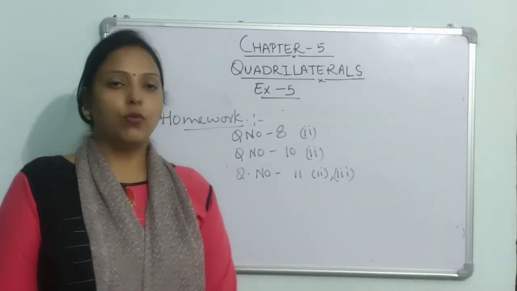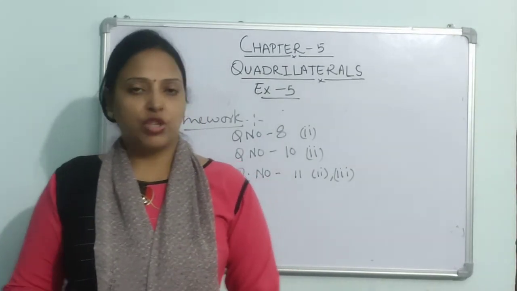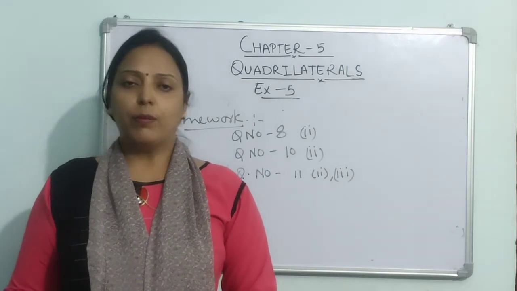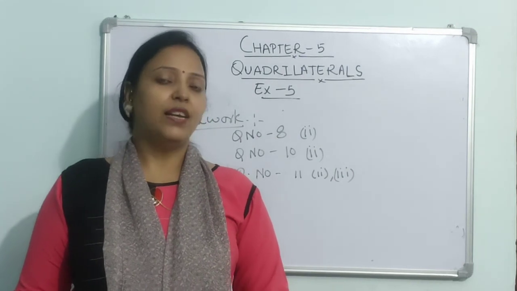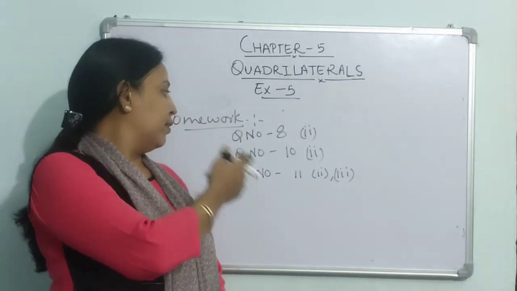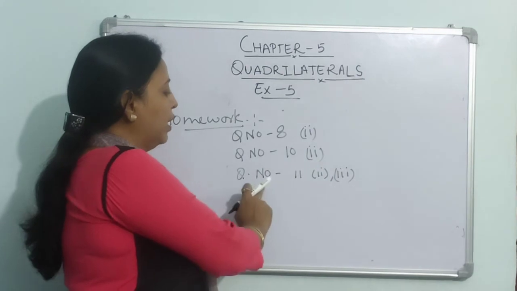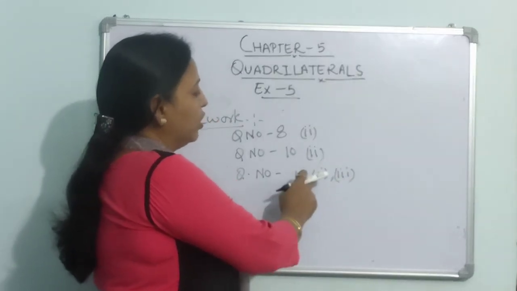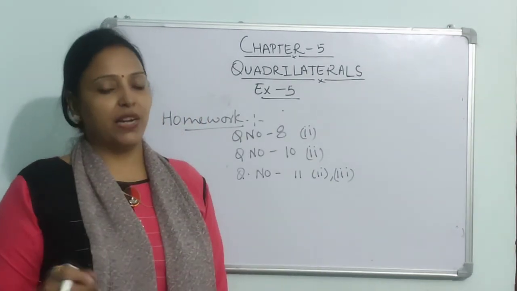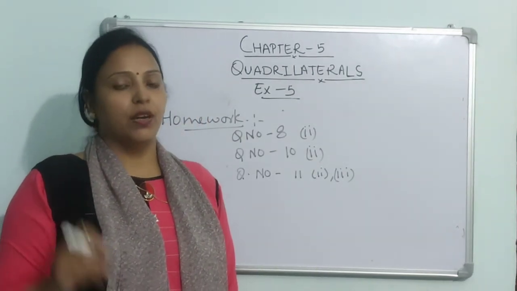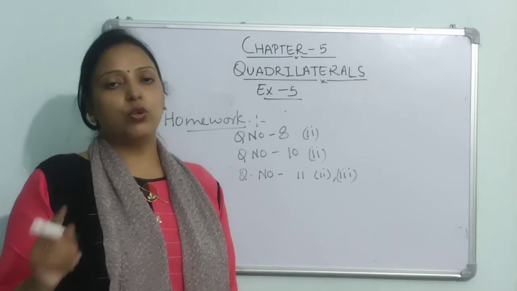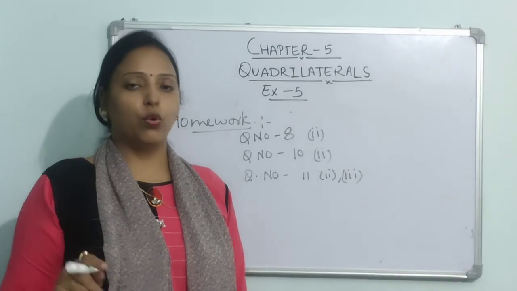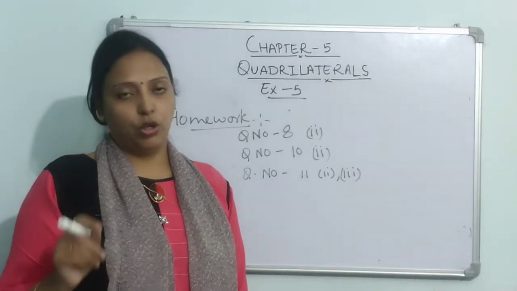Now go down, some homework. So we have discussed question number 1 and 2 which you have to do in the book. So question number 1 to question number 6 you have to do in the book only. And now question number 8, second one, 10, second one, and question number 11, second and third. That 3-4 questions you have to do in the copy, and whatever other questions I have explained, you have to do in the copy. Question number 1, which is 1 to 6, in which you only have to find true statements, that you have to do in the book only. Those questions you will not do in the copy. Thank you.